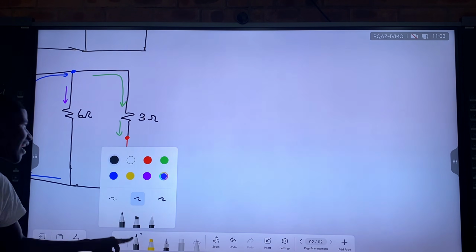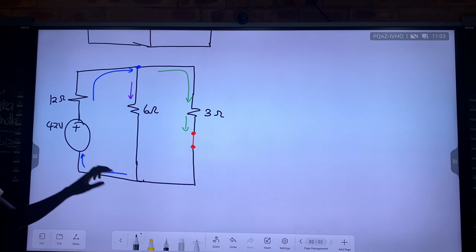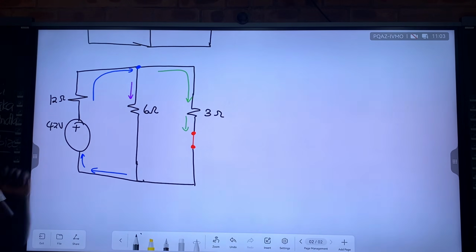As for calculating using our classical laws, how would we calculate the 3 ohms there? I'm calculating using just basic principles. With this power source alone, what can we do? How do we calculate this 3 ohms? Find the total, and then with that total, what do we do?